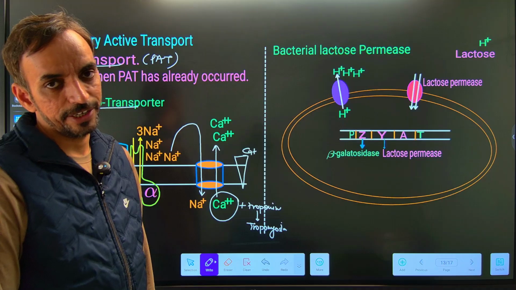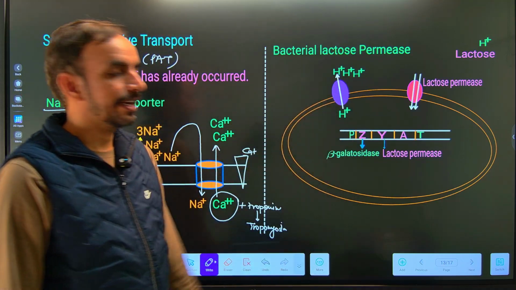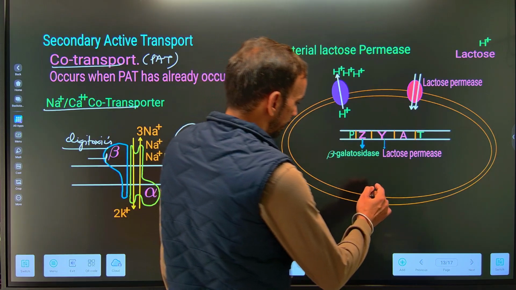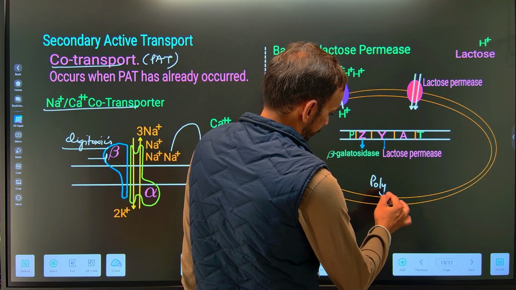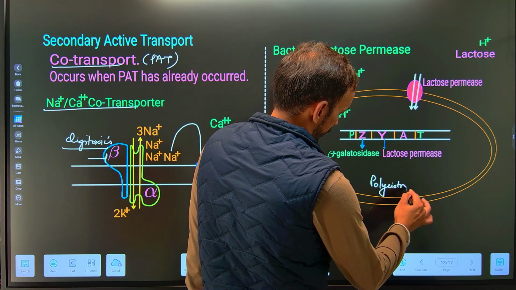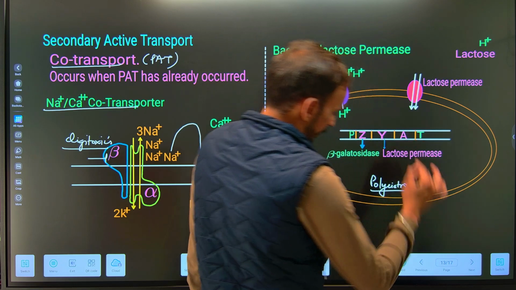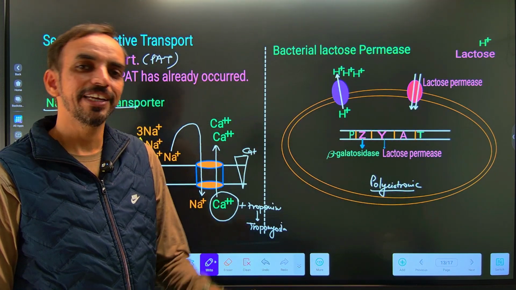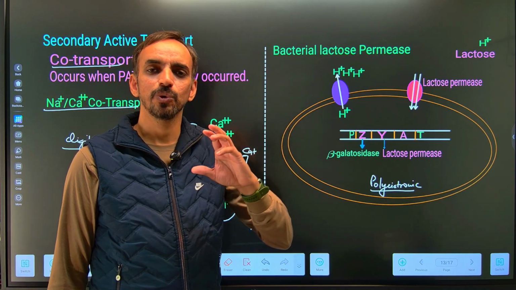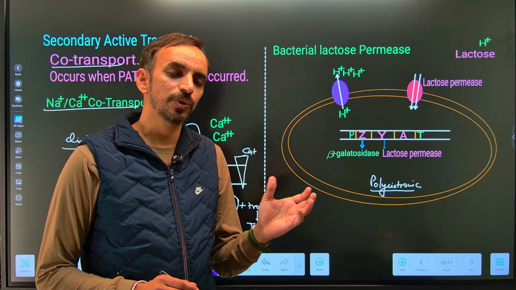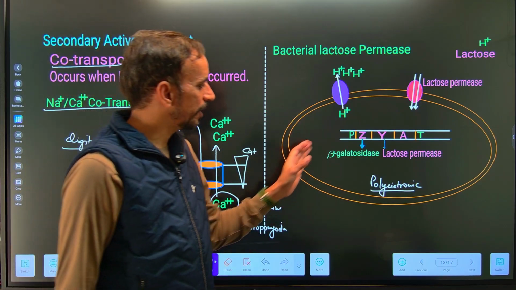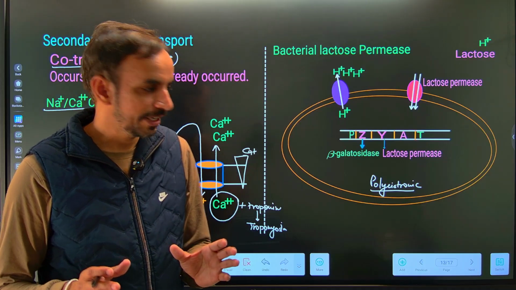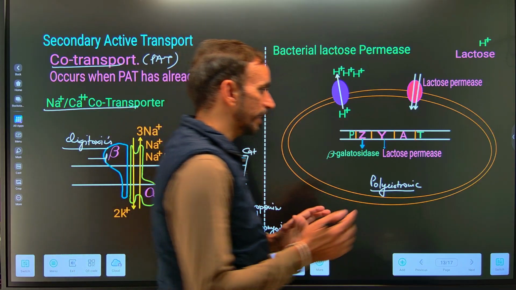नेक्स्ट अपन एग्जांपल लेते हैं सेकेंडरी एक्टिव ट्रांसपोर्ट का, दैट इज द बैक्टीरियल लैक्टोज परमीएज. As we all know that in case of bacteria the transcription is polycistronic. It is polycistronic, means many genes share a common promoter and the terminator, while in case of eukaryote the transcription is monocistronic, means each gene has its own promoter and the terminator sequence. So यहाँ पे काफी सारे genes हैं जो एक ही promoter और terminator share करते हैं. That will lead to the condition which is known as operon,